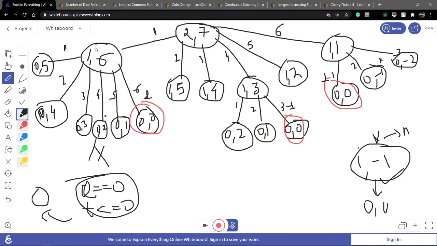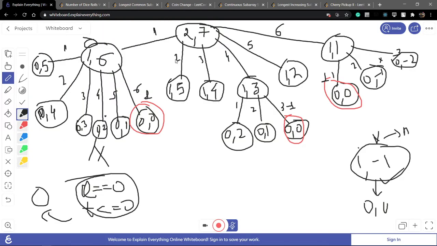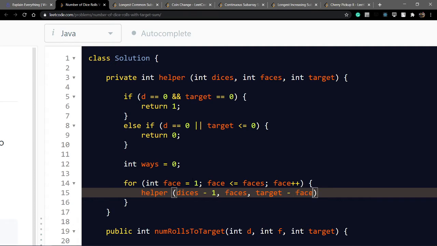In each throw, we have reduced the number of dices by one, and the number of faces does not change, but the target also changes. If I have target 7 and face value 1, then return 6. So target minus face, and the return value is always added to the number of ways.